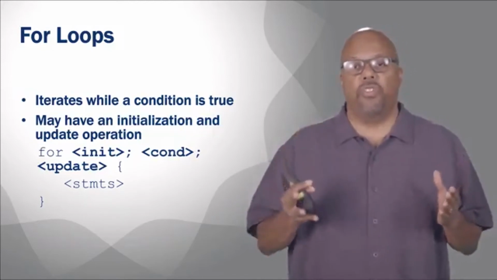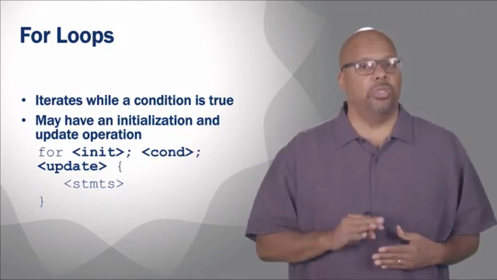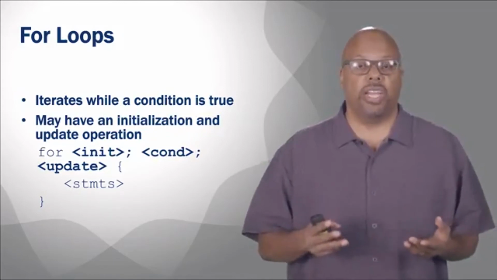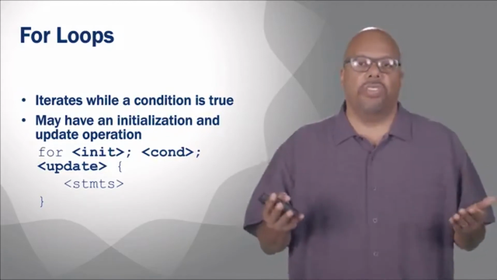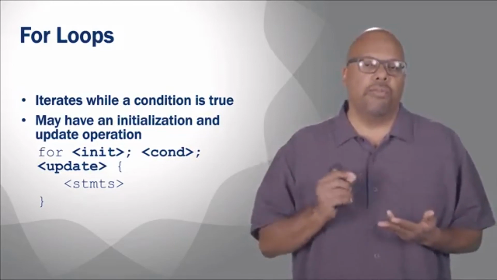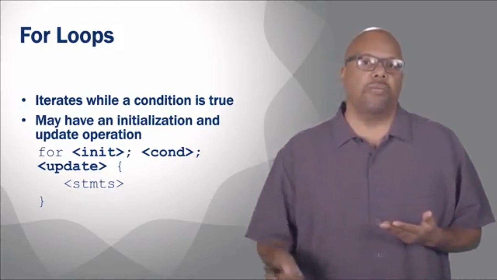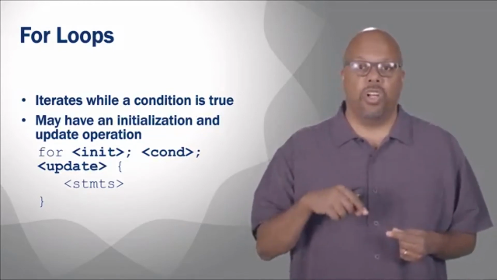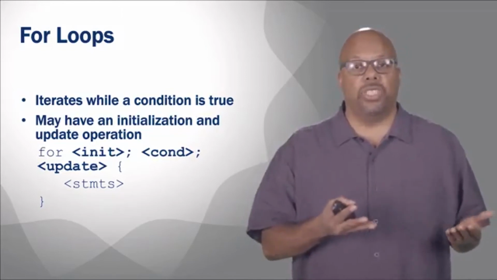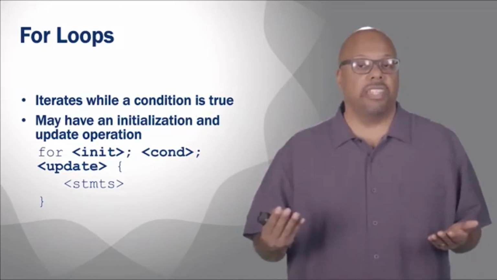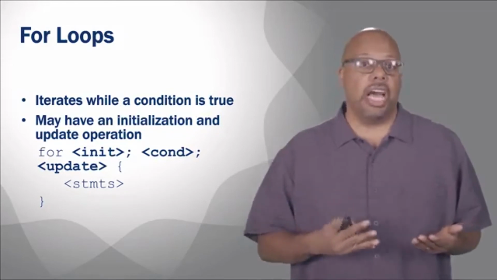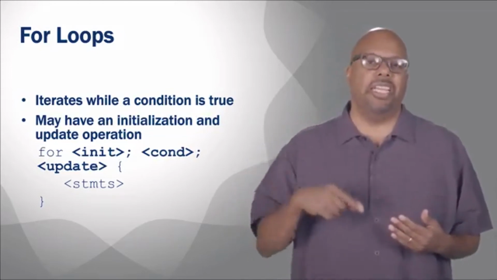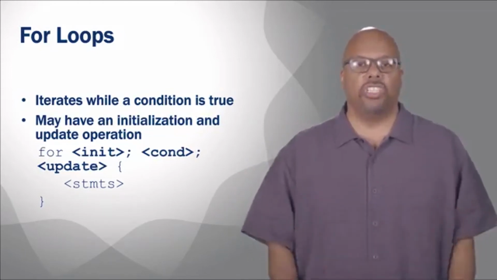One thing about these for loops is, unless you want an infinite for loop, which you typically do not want, you've got to make sure that condition is at some point false, right? Because if the condition is always true, then you never leave the loop. The most common way to make sure that condition eventually becomes false is to make sure the update changes the state in such a way that it causes the condition to be false. So for instance, if I start off at I equals 0, and my update is I equals I plus 1, then eventually I will be greater than 10. So the update guarantees that the condition is eventually false and that you eventually drop out of the loop.